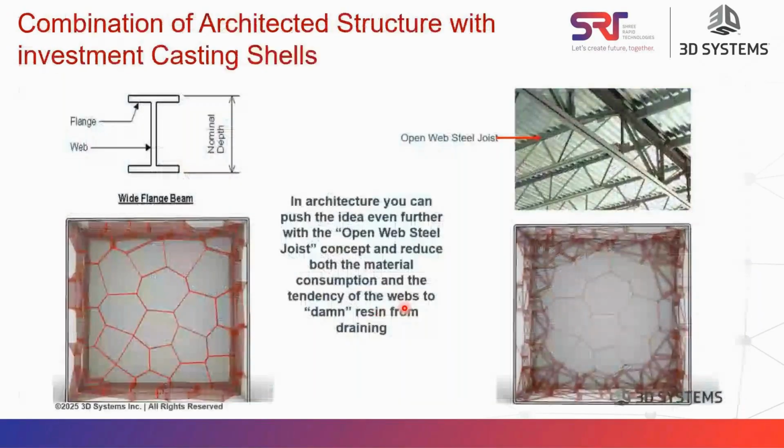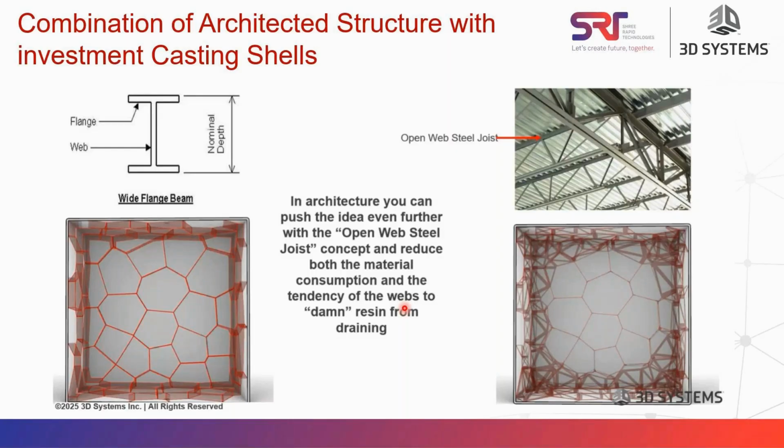This is a graphical representation of QuickCast air and how it is going to look. It's kind of like bubbles, uniformly distributed over all the area of the part. It is an infill structure so that material cannot get stuck anywhere in a corner or any part of the geometry, because even a small amount of material can lead to cracks when you work with investment castings. So they have made a strong algorithm, producing a super lightweight component with these QuickCast air structures.